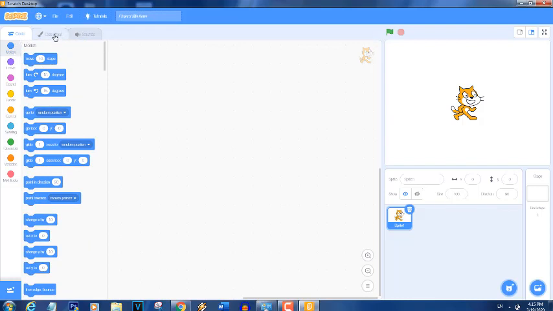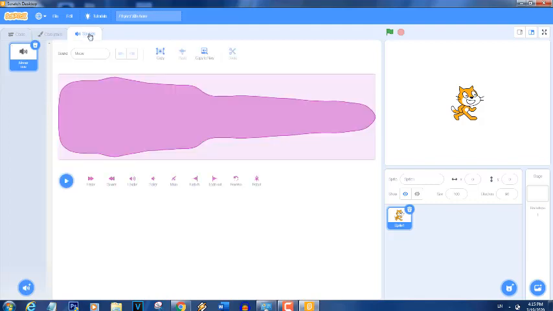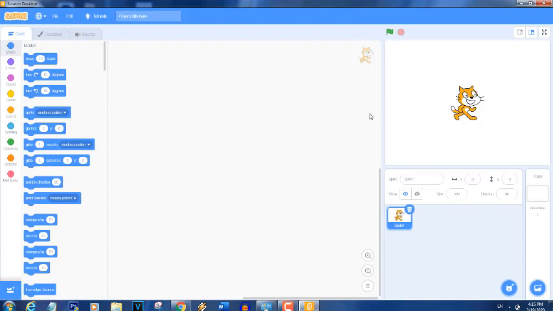Customize, if you want to add and draw something in your sprite here. Sound here to control the sound, and if you want to record your sound here. So here in the